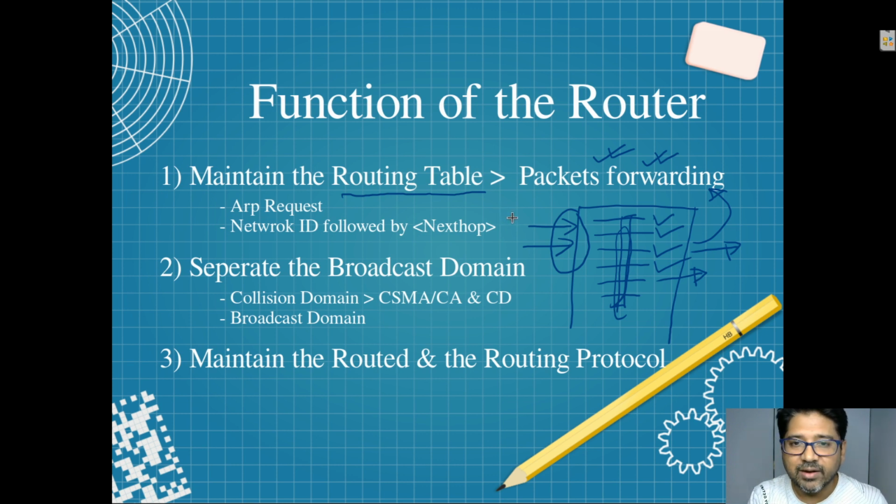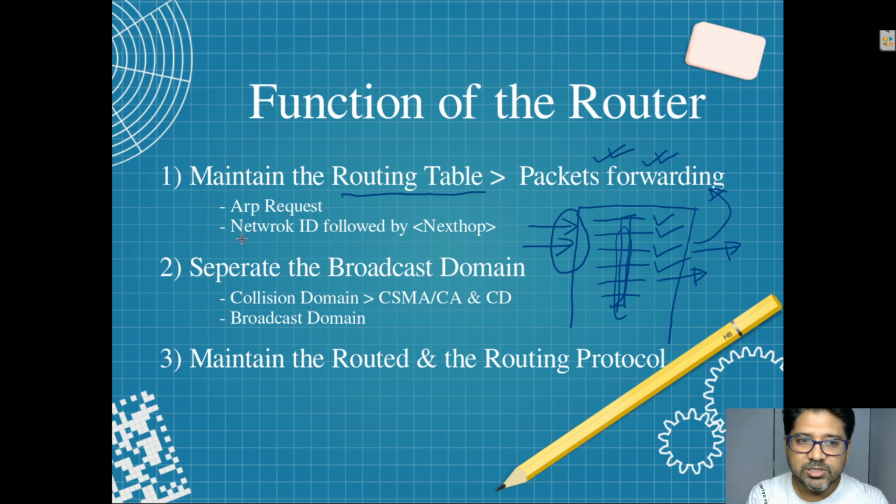So what are the factors that help with the selection of the route and installation of the route? We will see the selection process as the fifth function of the router. So in the first function, the routing table is maintained,